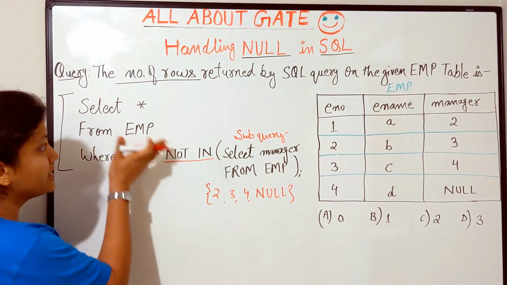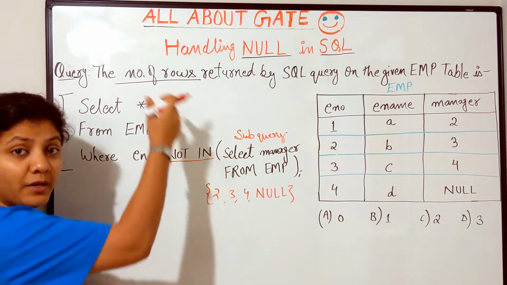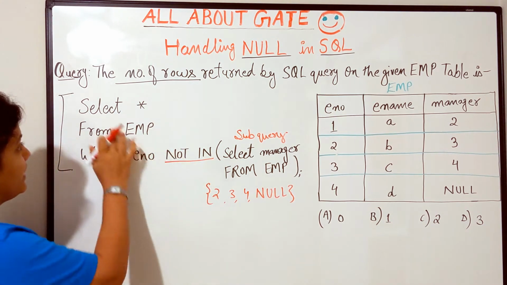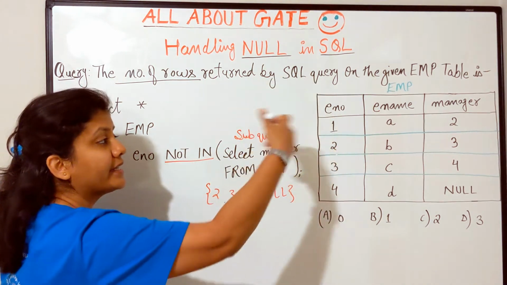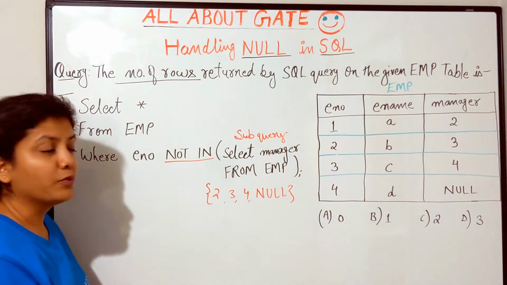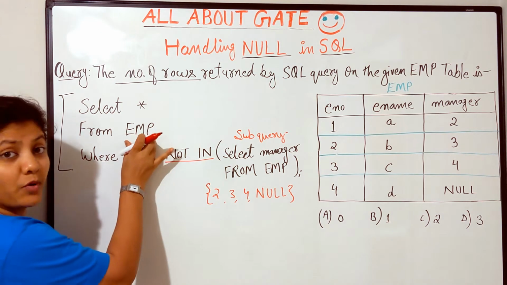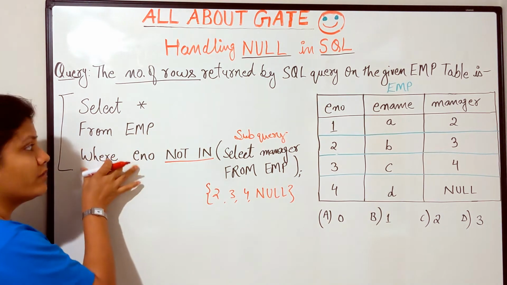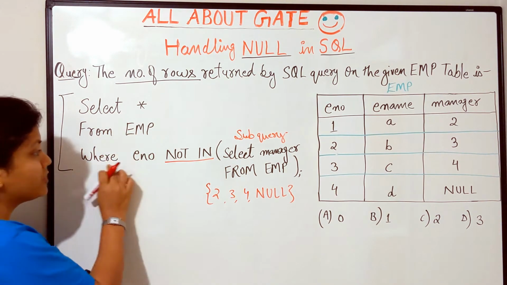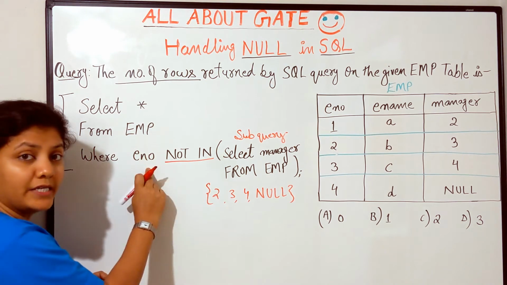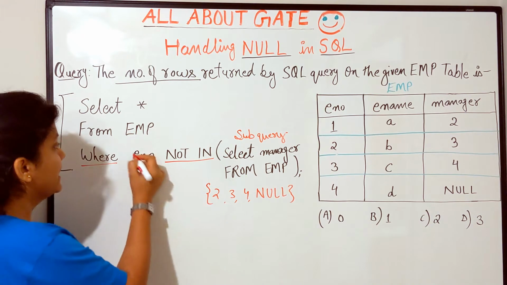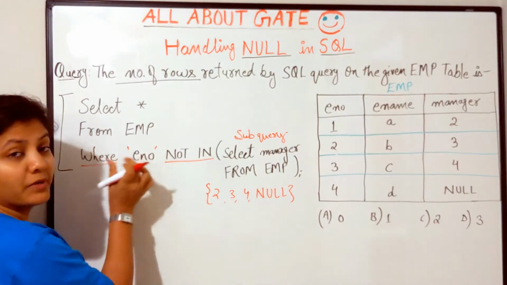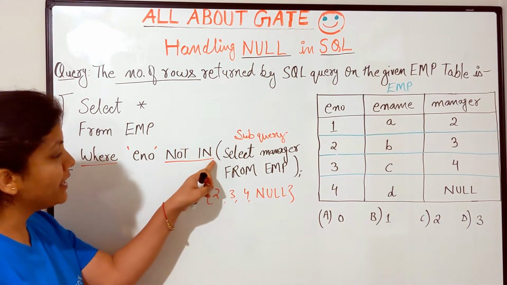Now comes the part of executing the main query. The main query is asking you to select star, that means you are going to select the entire tuple, all the attributes. From where? From the employee table. Where? For the table employee, each tuple will be checked on this condition. The condition is given in the where clause. What is the condition? The condition says that the employee number should not be in